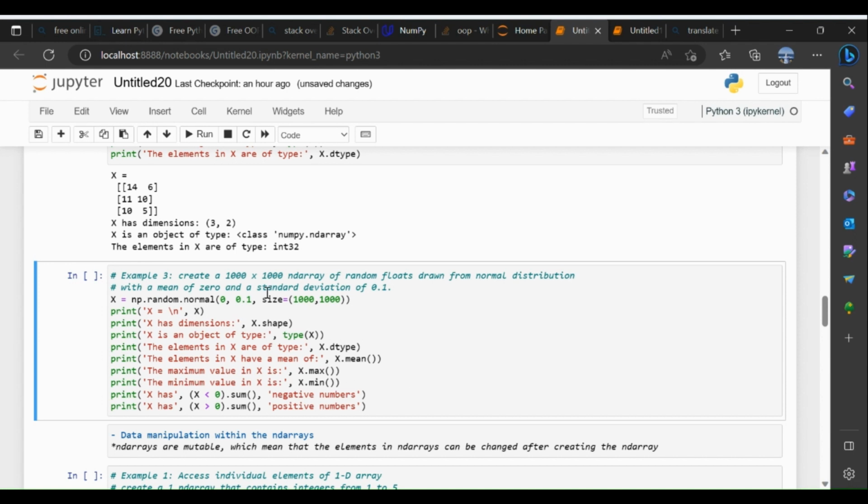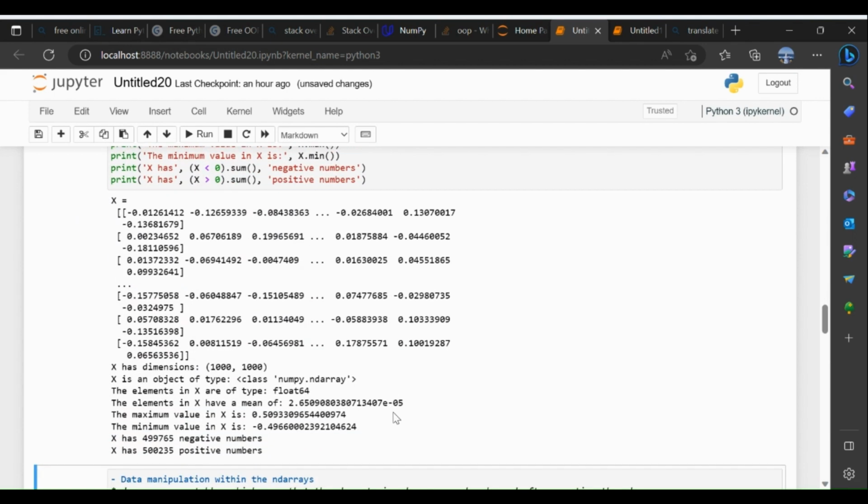And we will print x and see the shape and type, dimensions and type of elements in x, and the mean, and maximum and minimum values of x, and the negative numbers and positive numbers. (x < 0).sum() to get negative numbers, and (x > 0).sum() to get positive numbers, and to get maximum x.max(), minimum x.min(), mean x.mean(), and